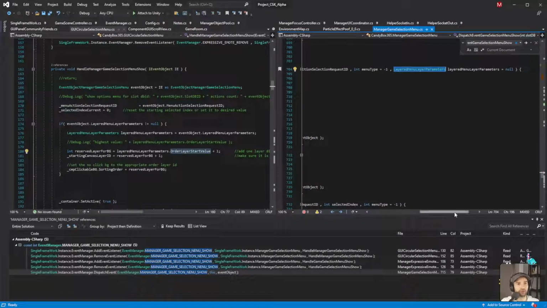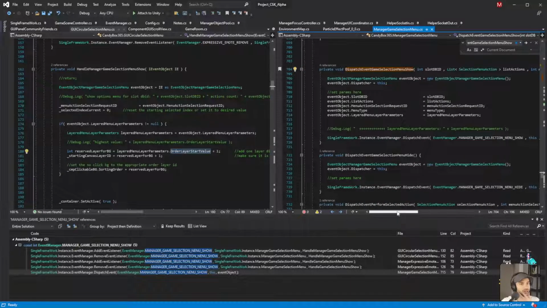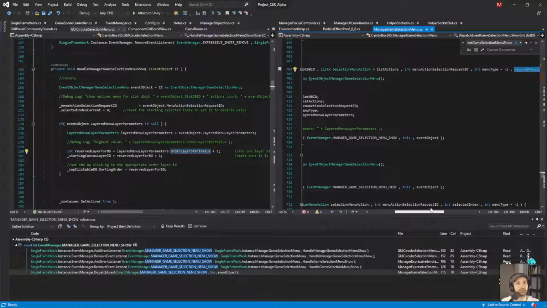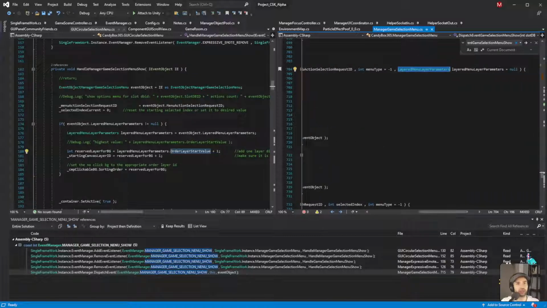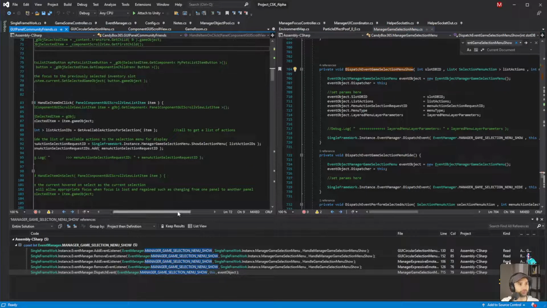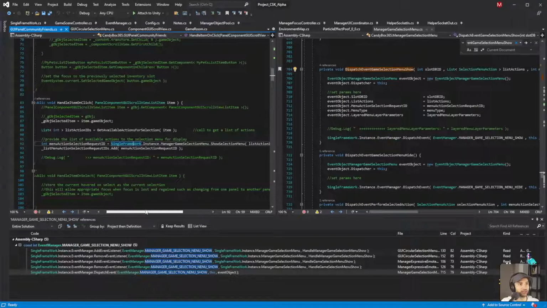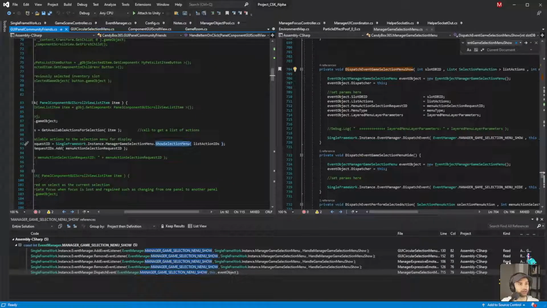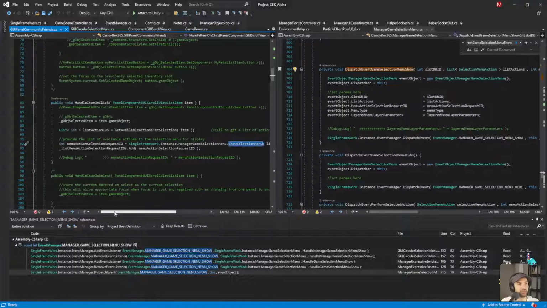Okay. So what we need to do then to fix that is quite easy, actually. We need to pass in the layer parameters properly, so that it gets passed through the whole process. So at this point, when we're passing in the action IDs, we need to pass in also with it the layer parameters of what layer ID we want it to start with. Otherwise, it'll override, and the override will start at 0.